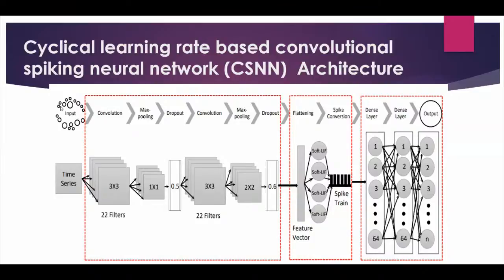So instead of only adding feature extraction and classification, we have added one more spike encoding part in this particular architecture, and at the same time we have also added the concept of cyclical learning rate. Because in machine learning, if you have selected a large learning rate, what will happen? You move away from the optimal solution. You are not reaching the solution, and if you come back to that solution, you again move out. Okay, so this is known as Brownian motion around the solution.